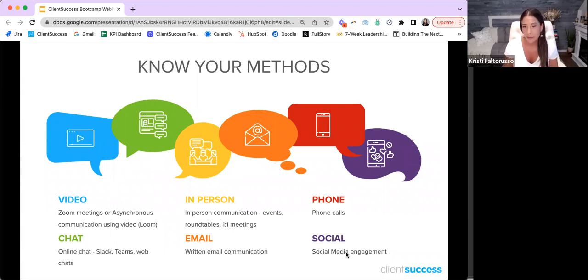Now, I have a love-hate relationship with Slack. I mean, everyone on my team will admittedly say, Kristi hates Slack. I do, for a multitude of reasons. But for me personally, because I can't keep up with it. But Slack is a really great, easy place to continue the conversation.